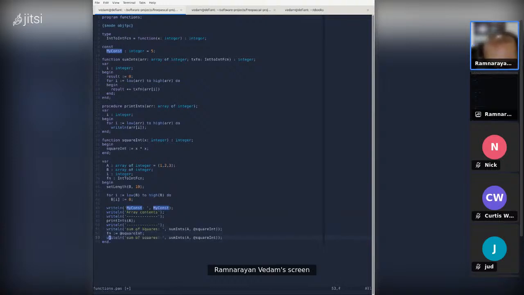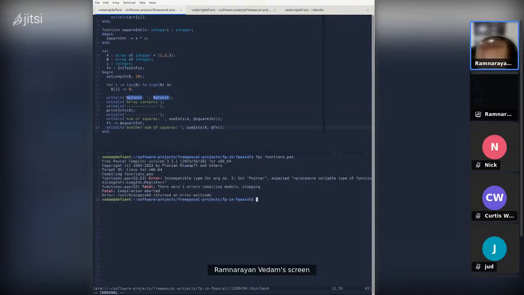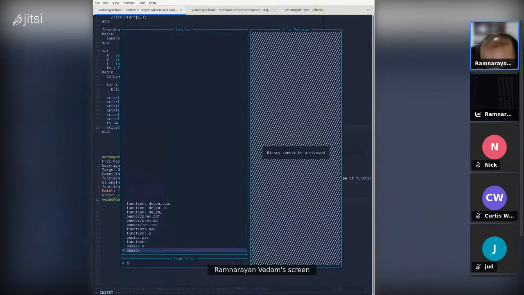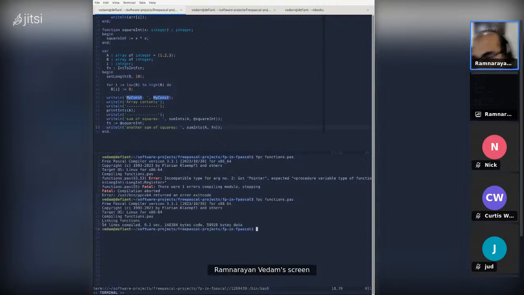If you call it using this, this will also work. Wait, this here is already a function. Oh, sorry. There we go.